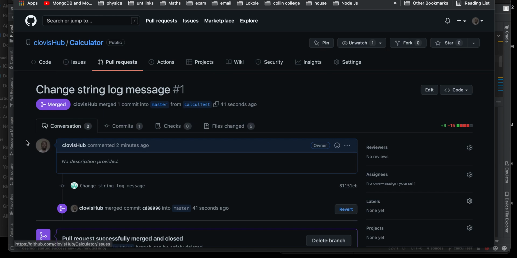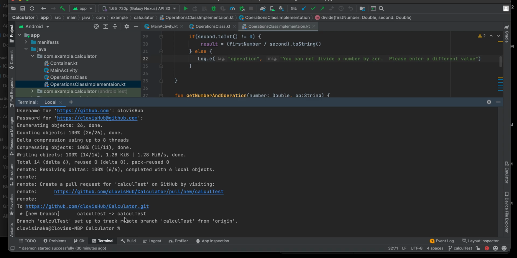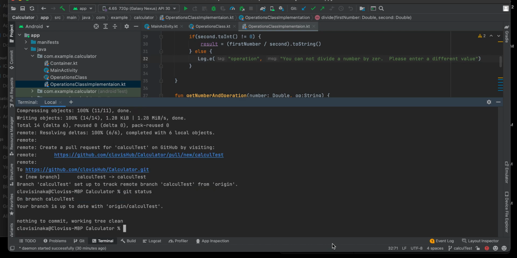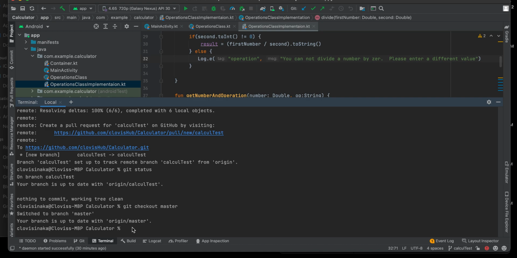So if we go back to our Android Studio, we're gonna do git status first to check if there is anything pending in this branch, the calcul test branch. There is not, so nothing to commit, working tree clean. Then now we're gonna check our master branch. We're gonna do checkout master, and once we check out master, we switch to master branch right here,